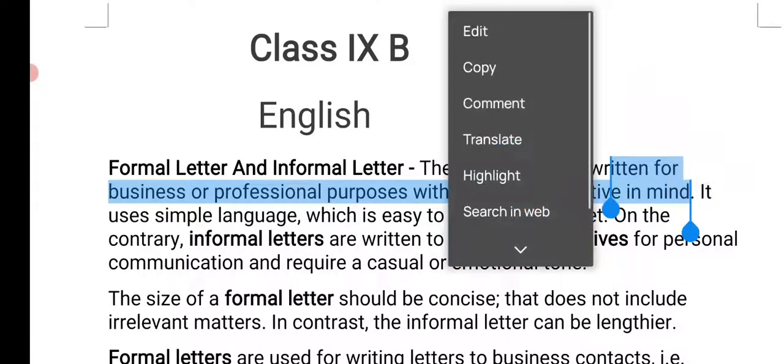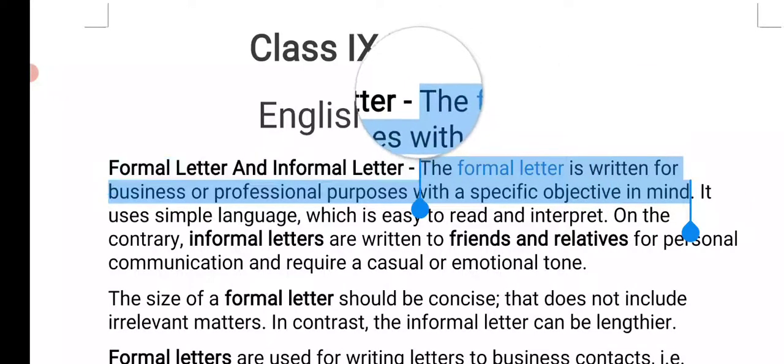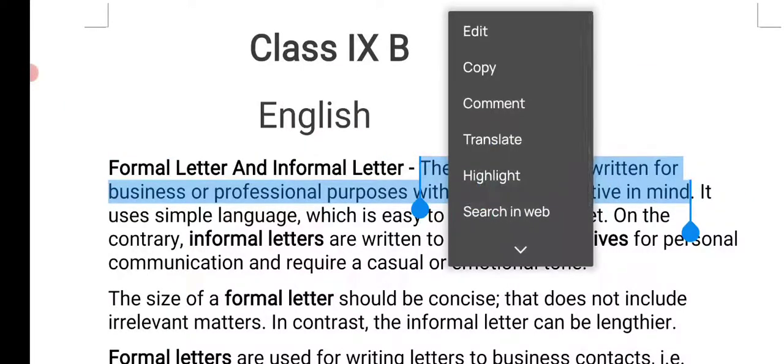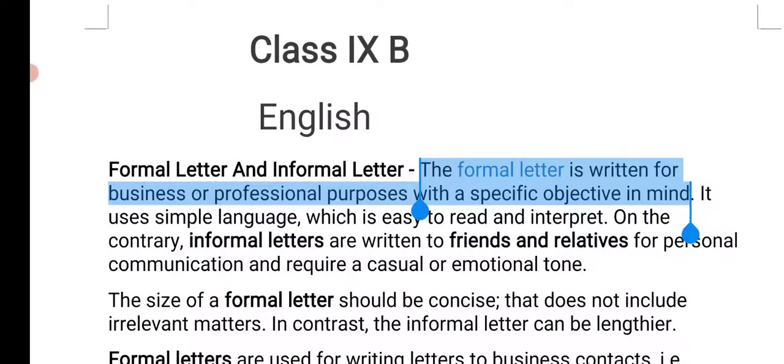So what are formal letters? Formal letters are not in your syllabus, but it is important to know the difference so that in future you won't find any difficulty. So when do we write formal letters? When we write formal letters, it is written for business or professional purpose. For example, you're writing to a manager, you're writing for a job application, or when you write a letter with a specific objective, right? And if you talk about informal letter,